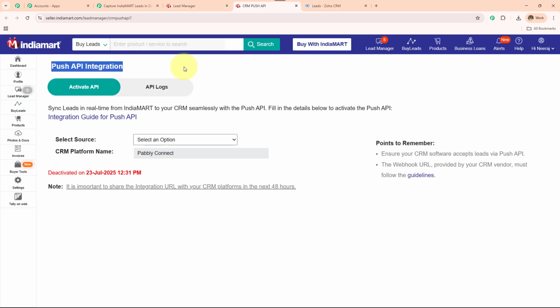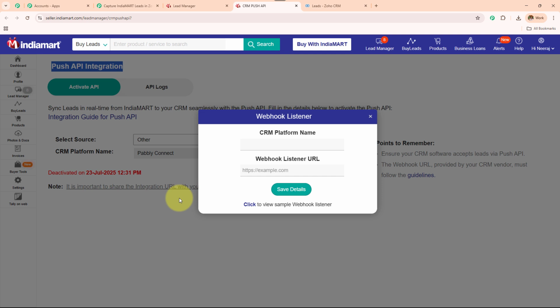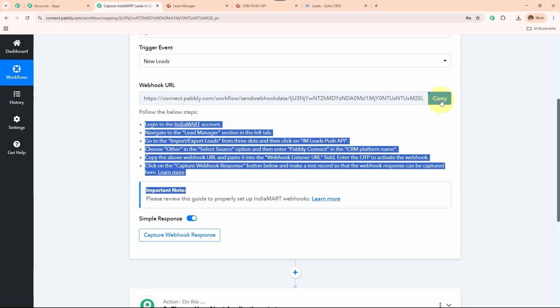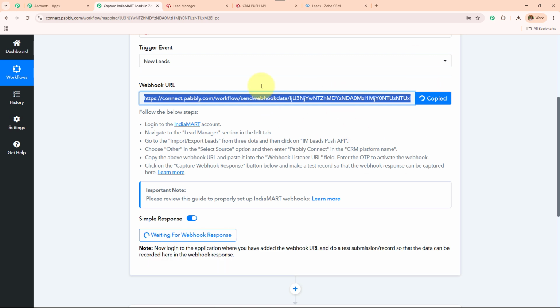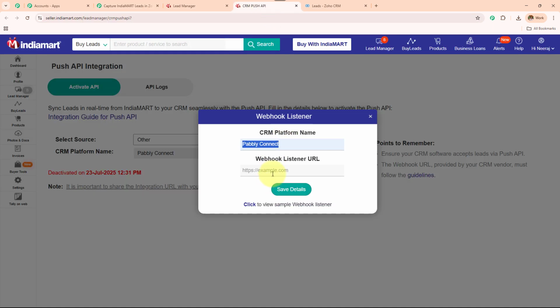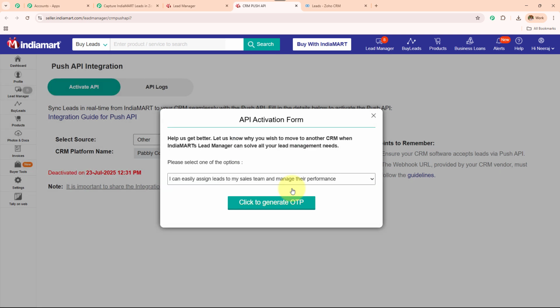Under this push API integration, I have to select the source. In this drop down, I can find all the sources. I'm going to select it as other, and then I'm going to enter the CRM platform name. I've entered the CRM platform name as Pabbly Connect, and then I'm going to enter this webhook listener URL. This is the same webhook URL which I provided in my Pabbly Connect. So I'm going to copy and paste that over here, and then I simply need to click on the save